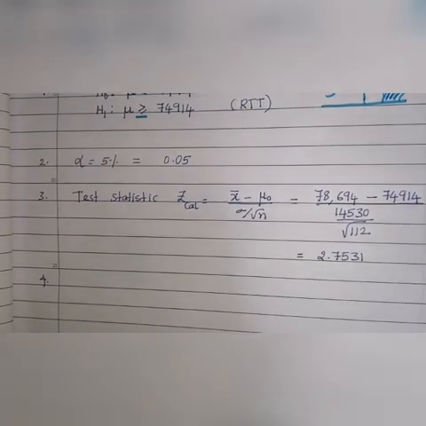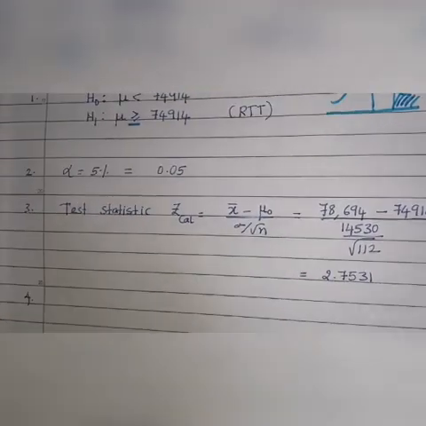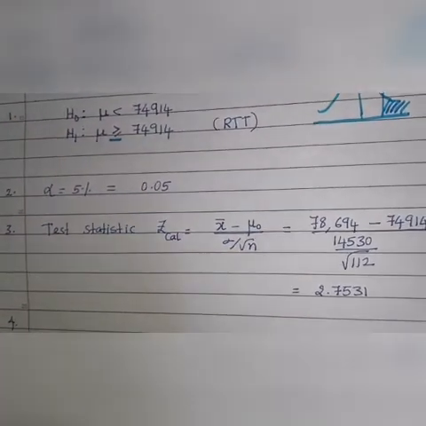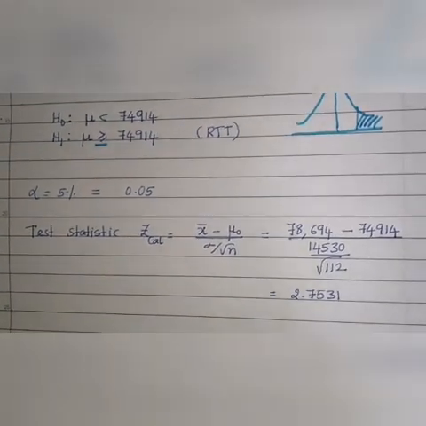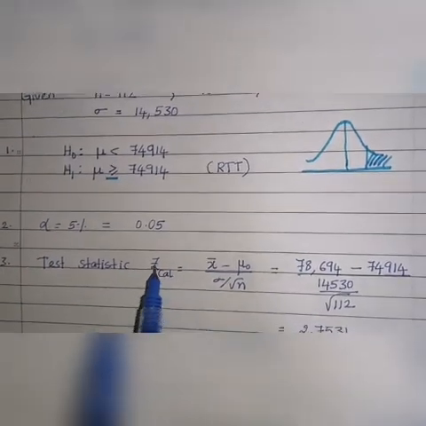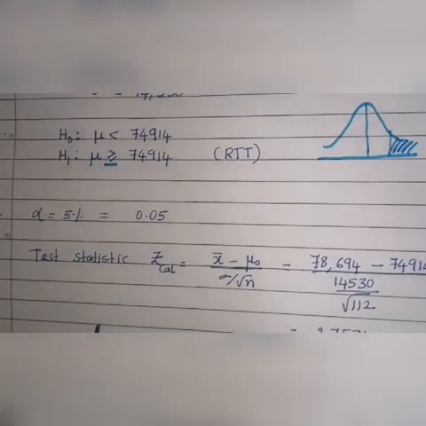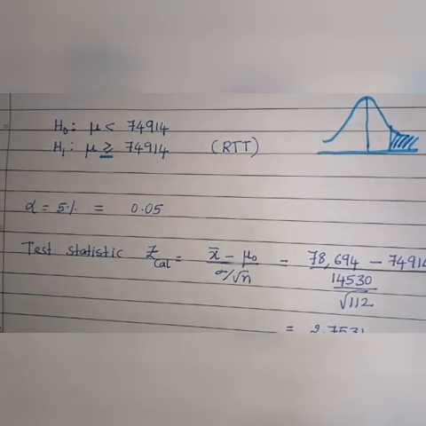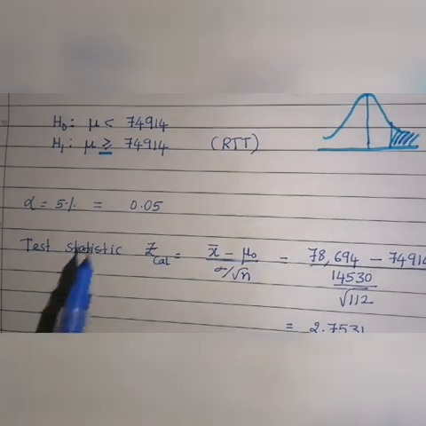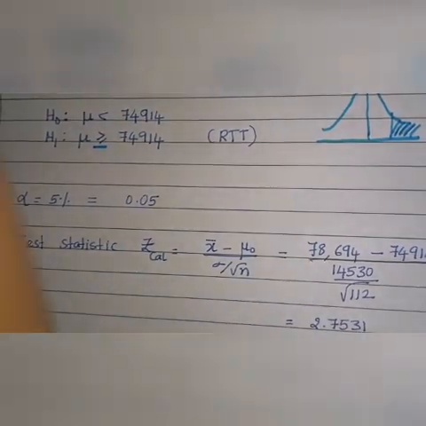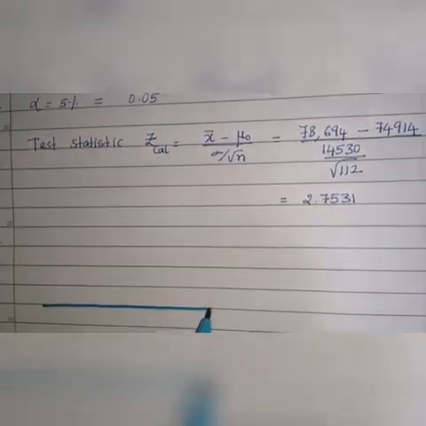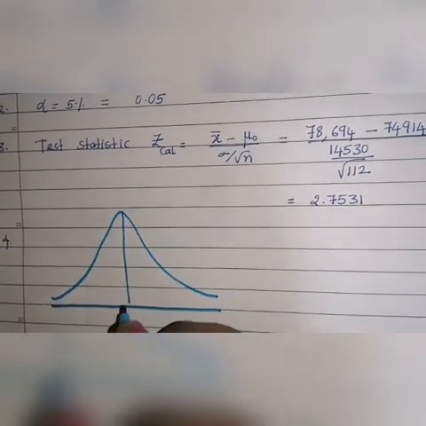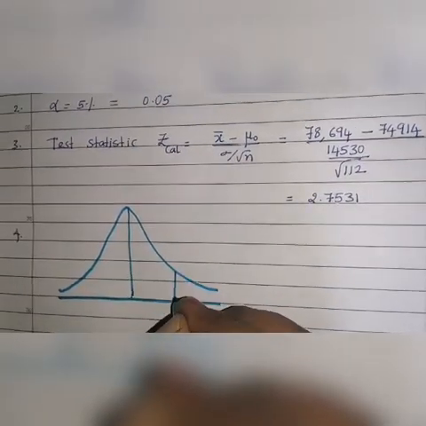To find out the tabulated value, we will need alpha. Alpha is given as 0.05, and we will need to draw a standard normal graph. Why are we using the standard normal graph? We are doing a z-test here. Always remember, for large samples we do a z-test, and for small samples we use a student t-test. Let us start drawing the graph now. Here I am drawing a normal distribution curve, which is a bell-shaped curve. This is the point where mu is equal to 0, and it is a right tail test.